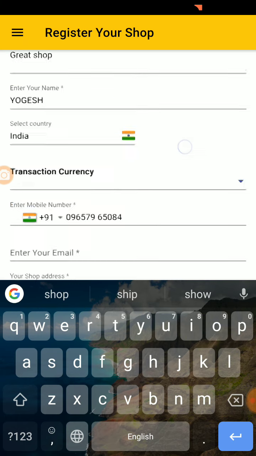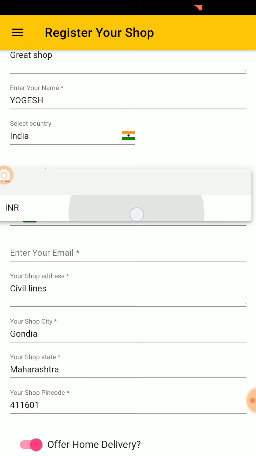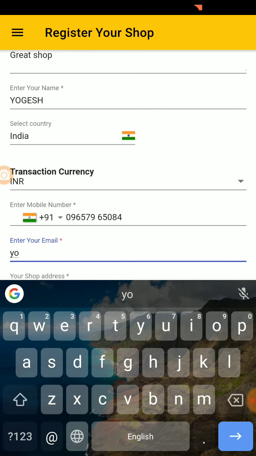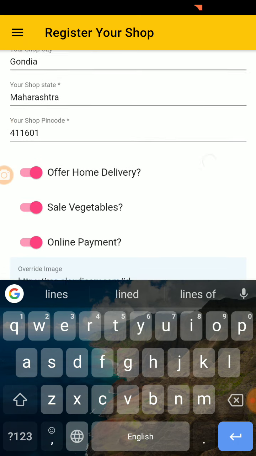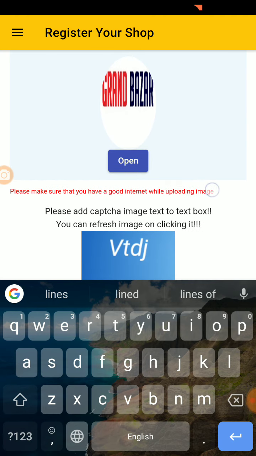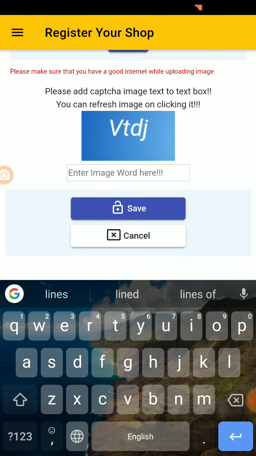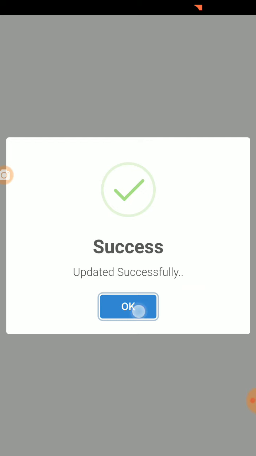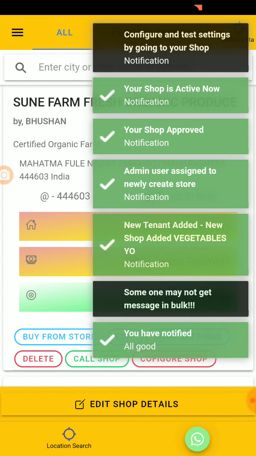Transaction currency: I will be dealing with INR. Your email. The address will be the same, and if you want to change the logo you can do that. And now your shop is created.